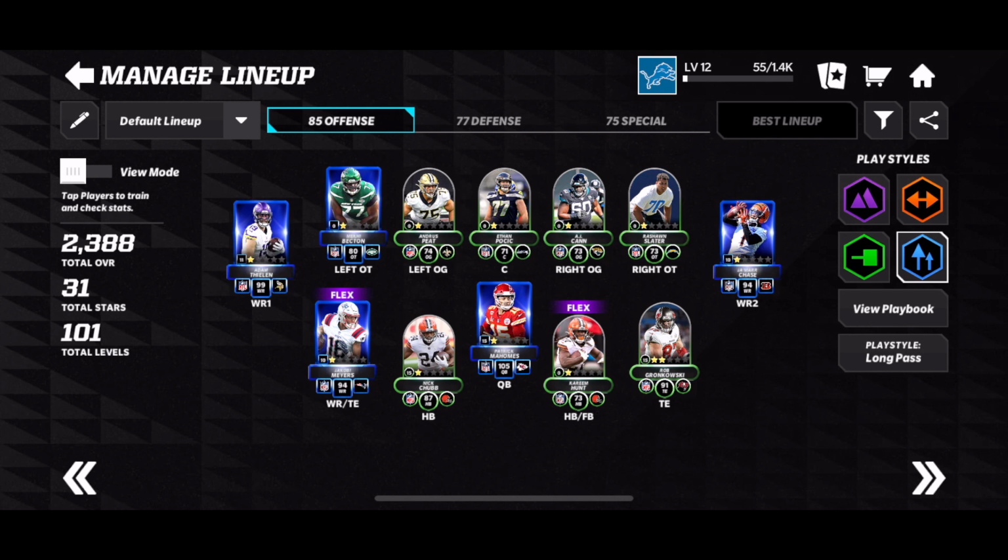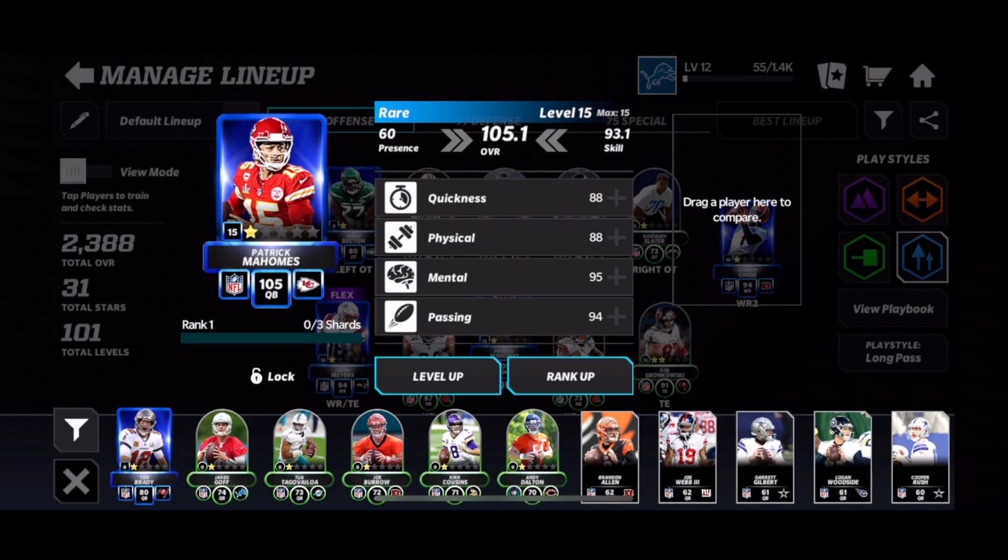There's no more power, but the overall is collective. You don't have an average overall anymore. It is a full collective overall. You'll see on the left, my team is a 2,388 overall, and that's a combined overall of every single card on my team. Let's take a look at this Patrick Mahomes and walk through everything you need to know on